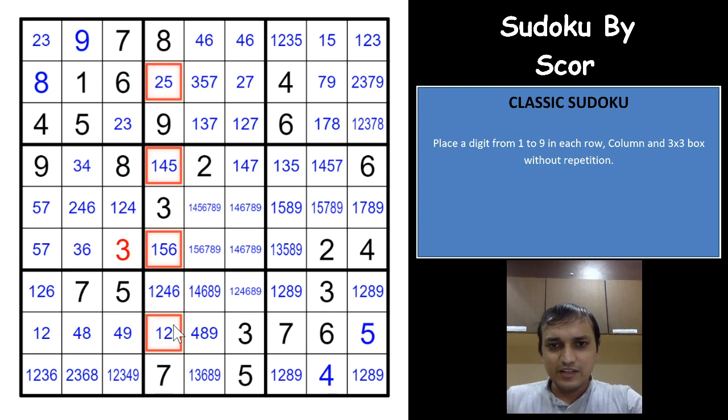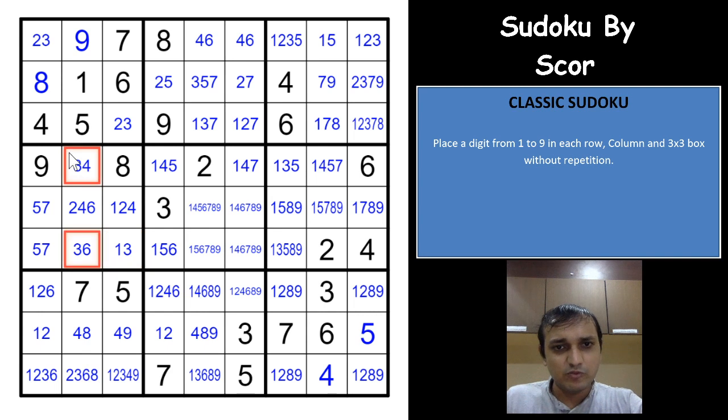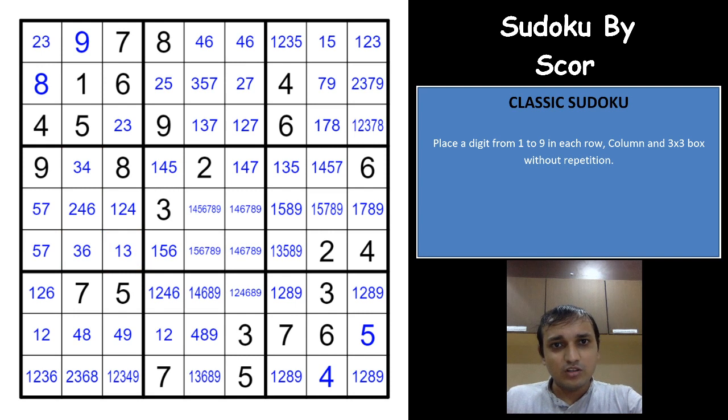An excellent piece of logic this was, but this was not the author's intended solve path. In my solving, what I saw was, you cannot have 3 here or 3 here, and 3 would have to be in one of these two cells. So that eliminates 3 from this cell and 3 from this cell, and you directly get a 1 here. That was the logic that I saw, and after seeing it, what the author saw was totally different, guys.